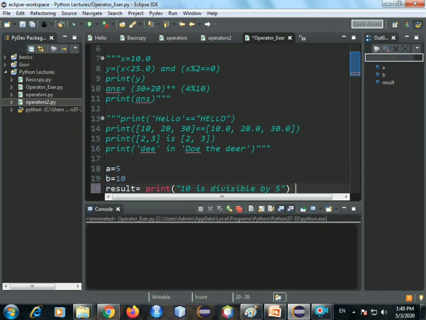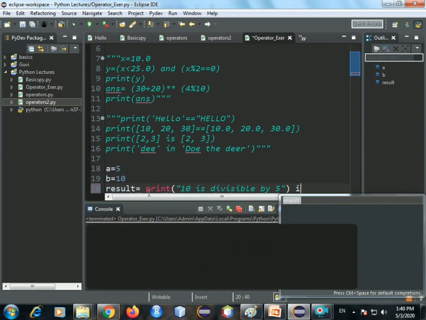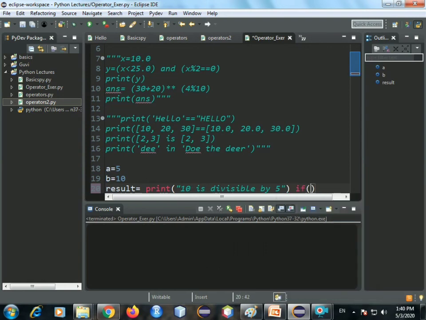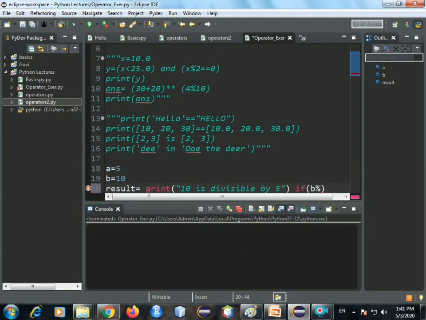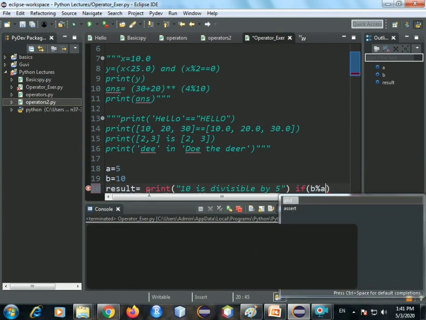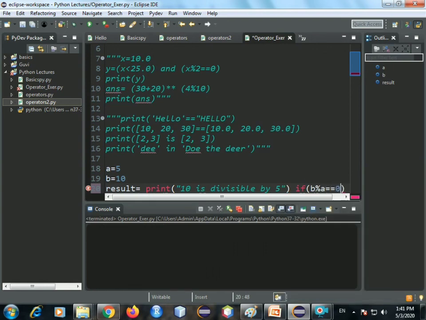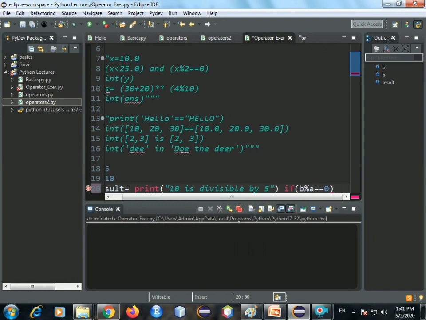Okay, now let us give our if condition. So print this only if b mod a, okay, that is 10 mod 5 is equal to 0. So only if the remainder of a certain division is 0, it will mean that both the operands divide each other completely. Okay, so now that the if condition is done, let's print the else.